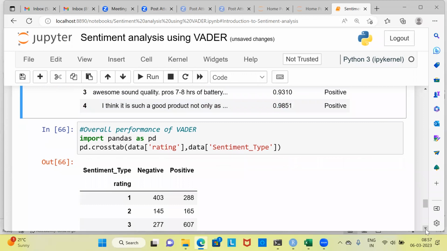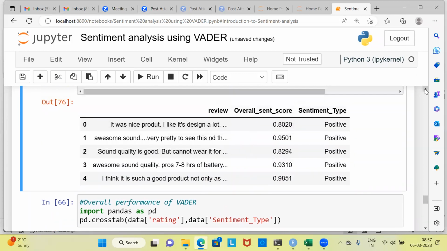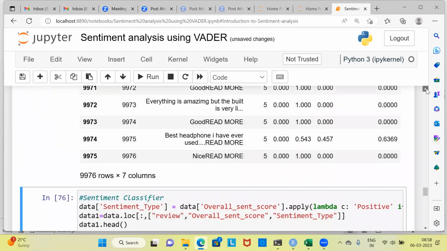Let's now look at the overall performance of the model. So far, it has been good, wherein we have been able to read each and every review, classify the review based on the polarity score. We have been able to create the overall sentiment score and the sentiment type. Let's imagine a few cases here. Suppose in the earlier code,